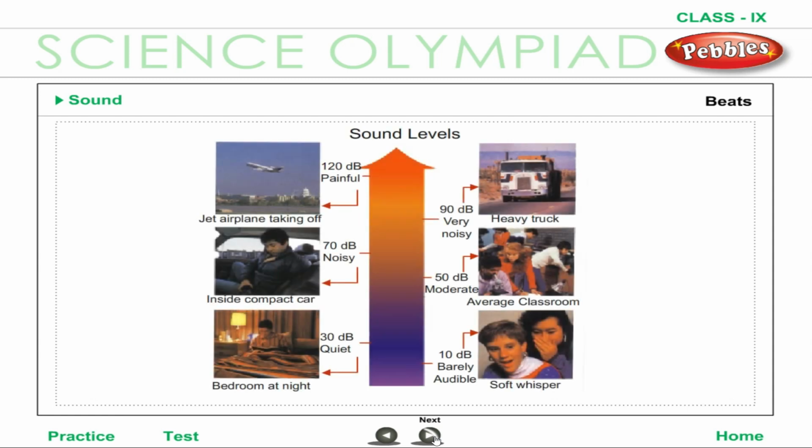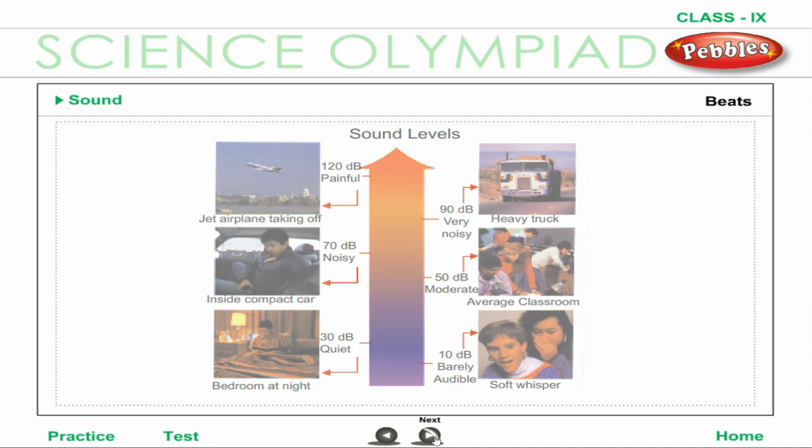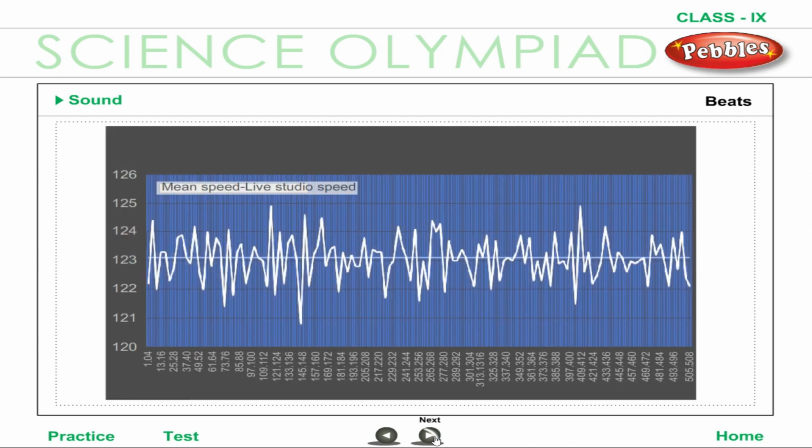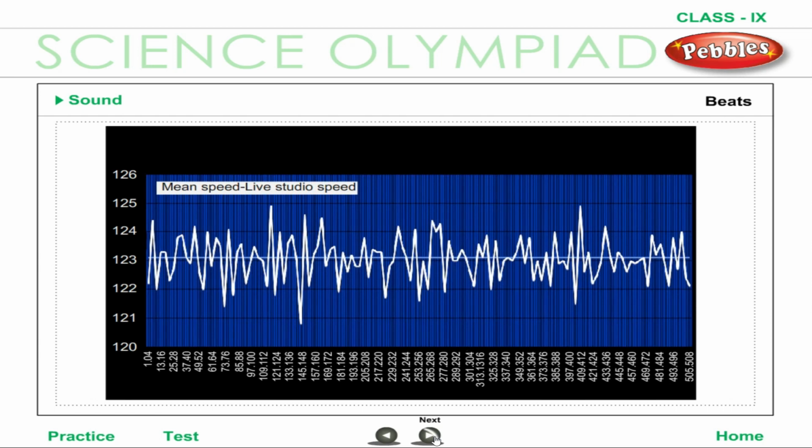Beats. When two sound waves of slightly different frequencies traveling in the same direction interfere, they combine to give waves whose resultant intensity changes between a minimum